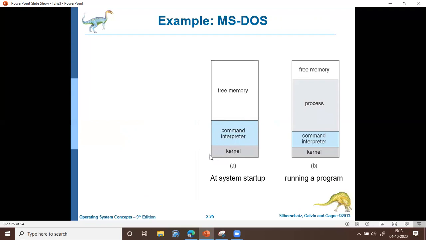At the bottom layer you have the kernel, then the command interpreter, and then there will be free memory. The command interpreter is the place where you can type commands. So this is a single user, single process operating system. It can execute only one process.